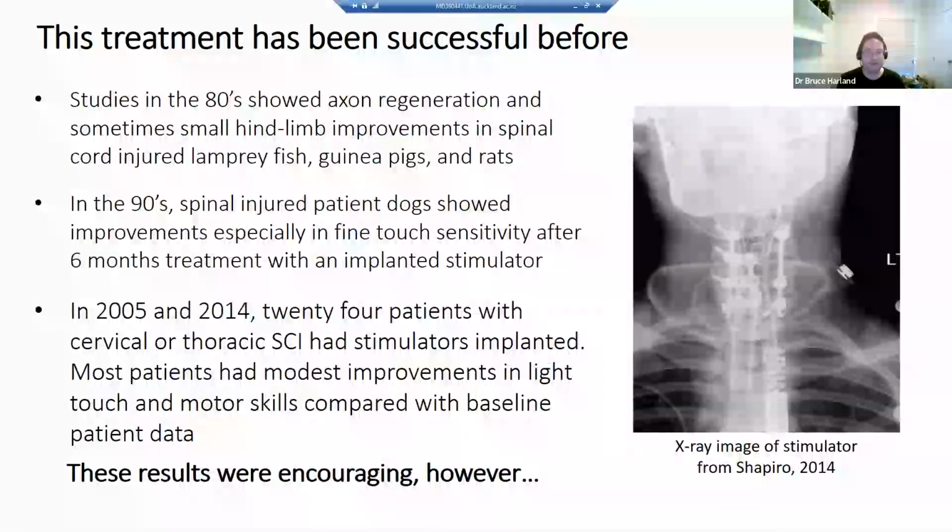In the 90s, the Borgens group started a preclinical trial in which they installed stimulators and electrodes in patient dogs. These were people's pet dogs that had recently had a spinal cord injury and were able to be enrolled for the study. After 6 months, they were able to show that with the stimulation, there were noticeable improvements in pain sensitivity of the animals, and even some small improvements in motor function in some of them. This led to